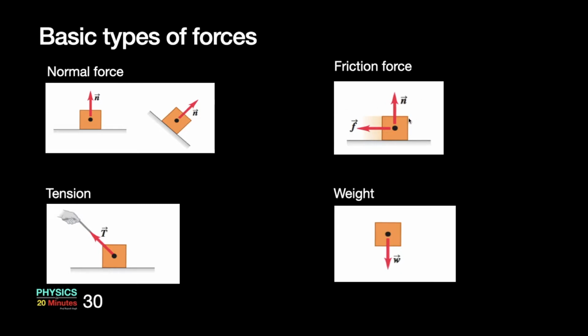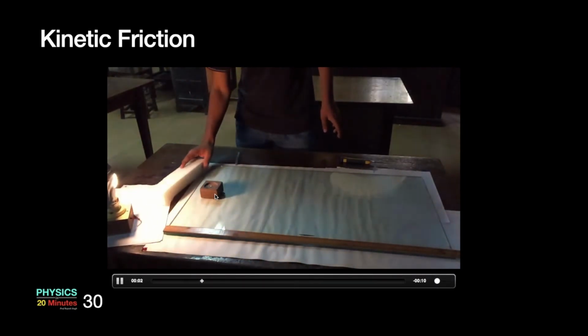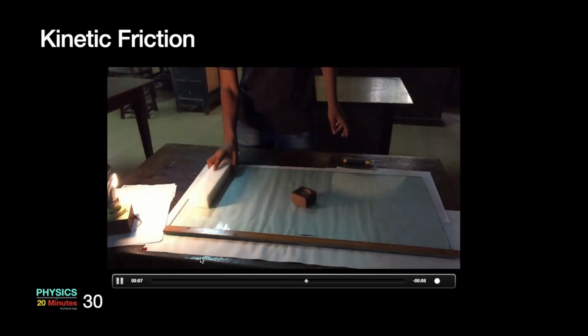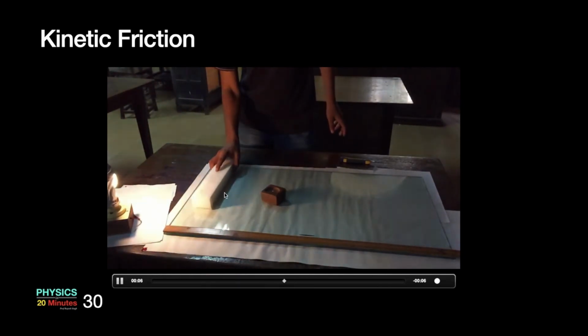So let's focus on friction a little bit more in this class. I will first show you a small demonstration. Just look at the motion of this block. A strong force is provided from this side to the block and you observe the motion. You could see that the block started the motion and it stops automatically after traveling some distance.